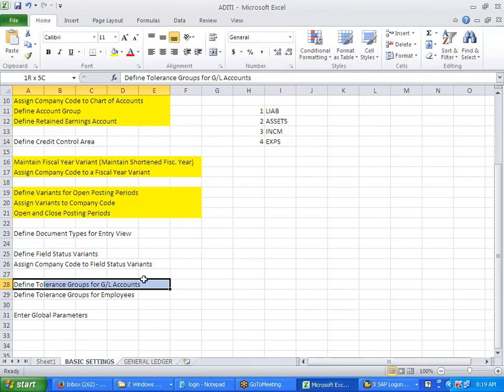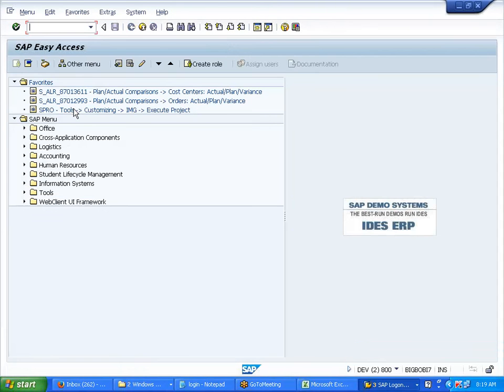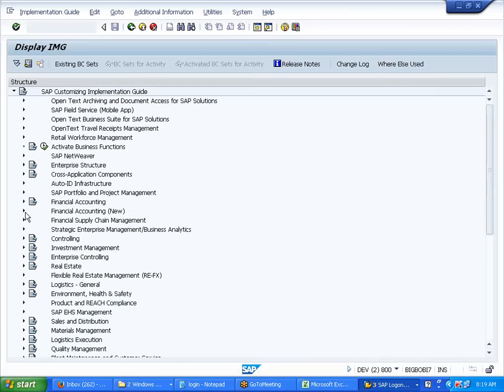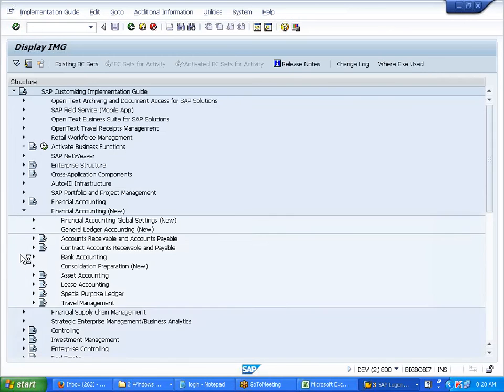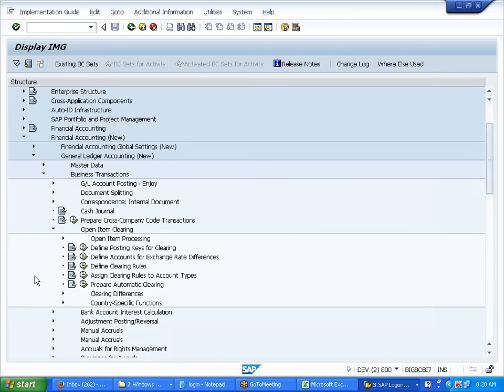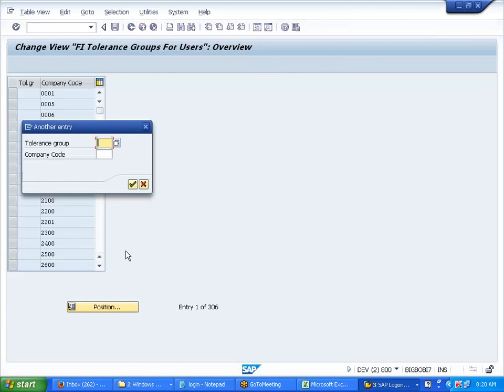So there are two tolerances. Which is the tolerance that is controlling? Remember at the employee level we gave, he can enter up to this much. So this is also what we are testing now. We need to first go there, tolerance group for employees, company code A400.